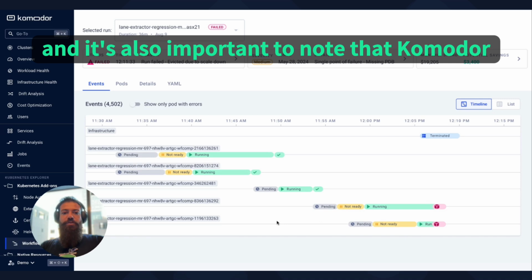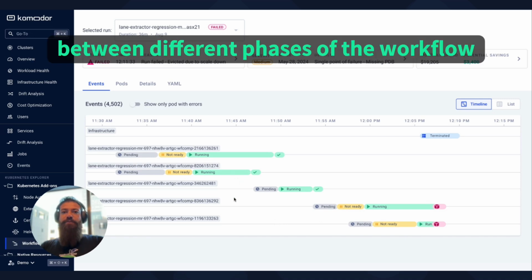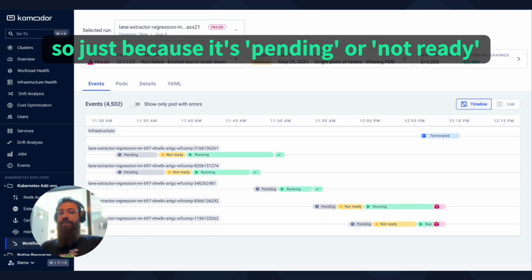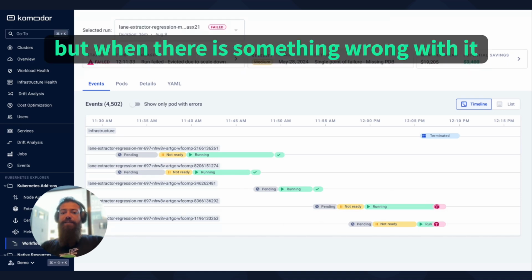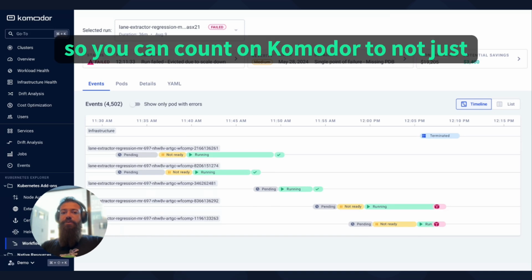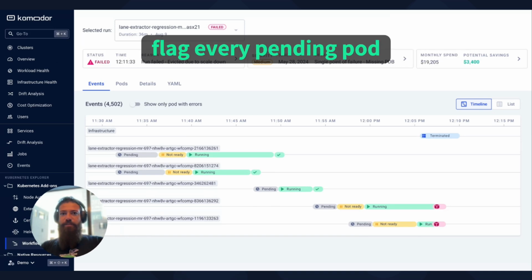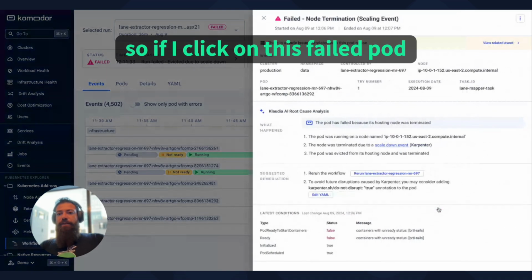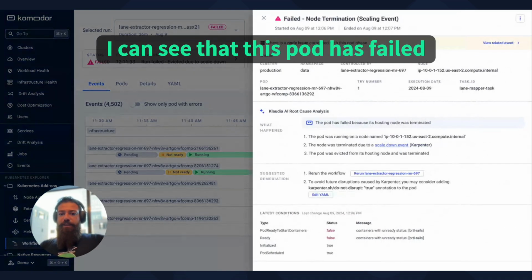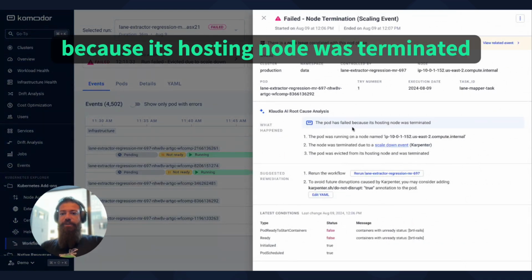And it's also important to note that Commodore differentiates between different phases of the workflow. So just because it's pending or not ready doesn't mean that there's anything wrong with it. But when there is something wrong with it, Commodore will let you know. So you can count on Commodore to not just flag every pending pod, but only the ones that require your attention. So if I click on this failed pod, I can see that this pod has failed because its hosting